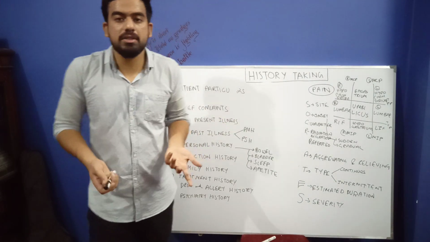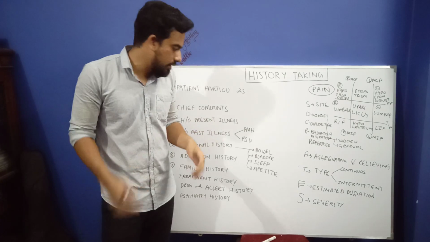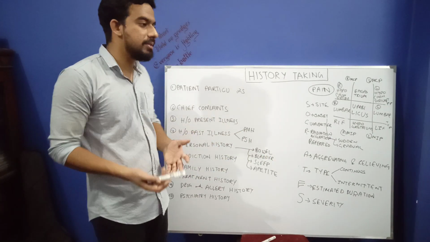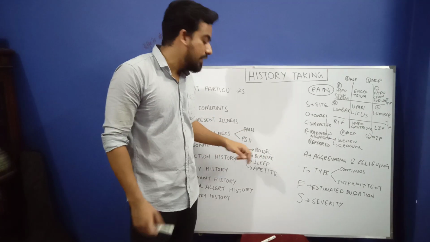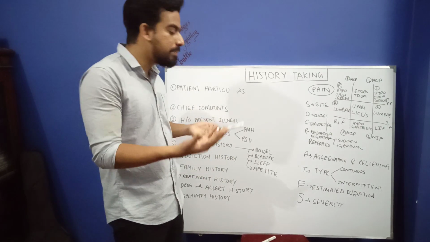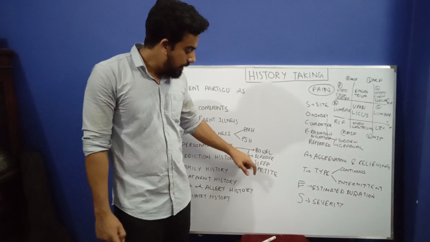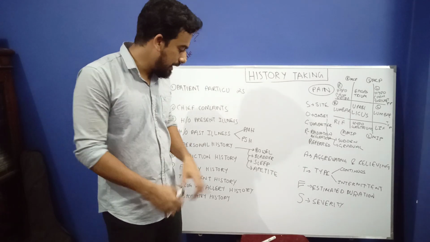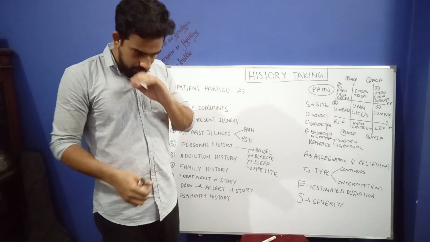Bowel means whether the person is able to pass stool properly or not. Someone might be having constipation or someone might be having loose motion. So bowel is whether the patient is able to pass his stool clearly or not. Bladder is whether the patient is able to pass his urine properly or not. Sleep is whether the patient is getting an adequate amount of sleep per day. Appetite is whether the patient is